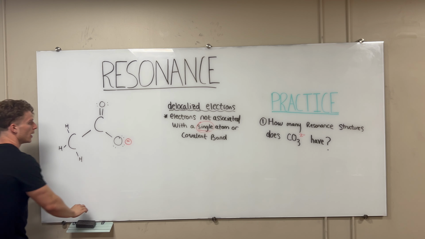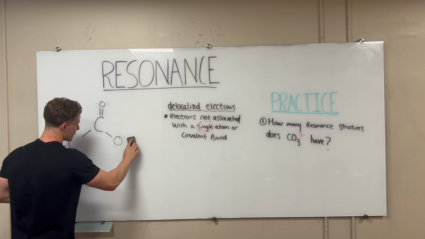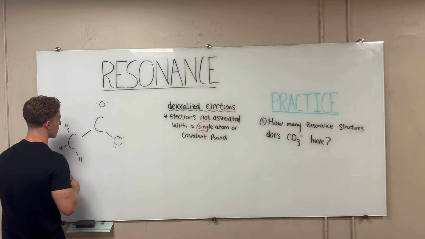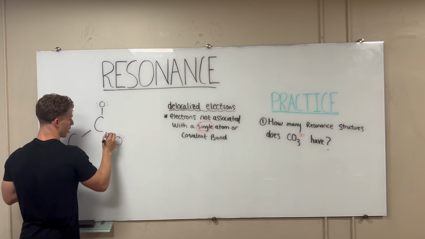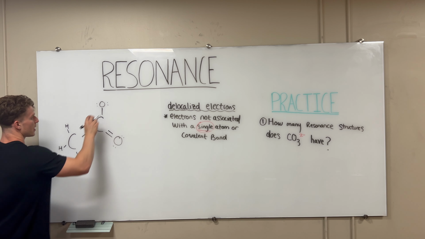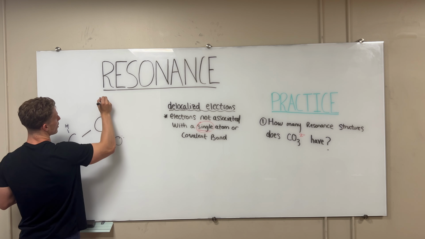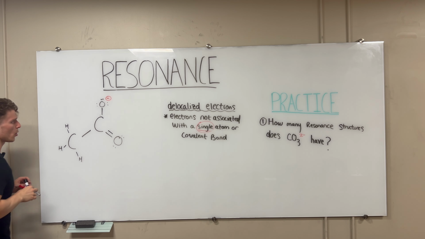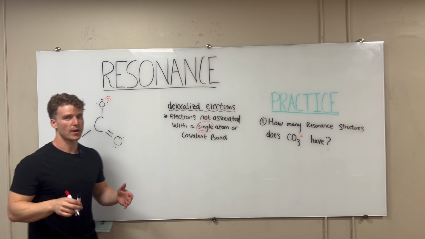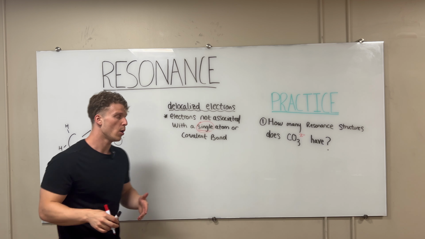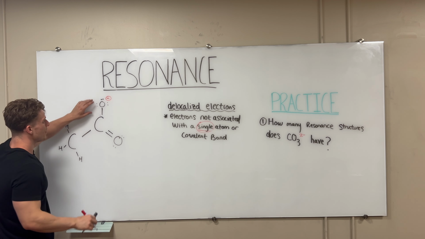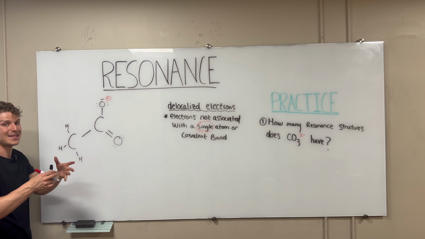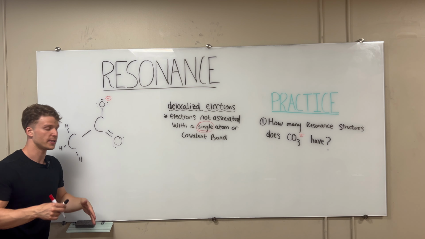What do I mean by that? Let's say, instead of drawing it this way, I decided to flip this around. So I drew the double bond here on this oxygen, the single bond here. I put 3 lone pairs on this oxygen, and the negative charge here. Okay, so when we think about resonance, we need to be on the lookout for Lewis structures where we make decisions on where we place double bonds and lone pairs where it didn't matter where we put those particular bonds,